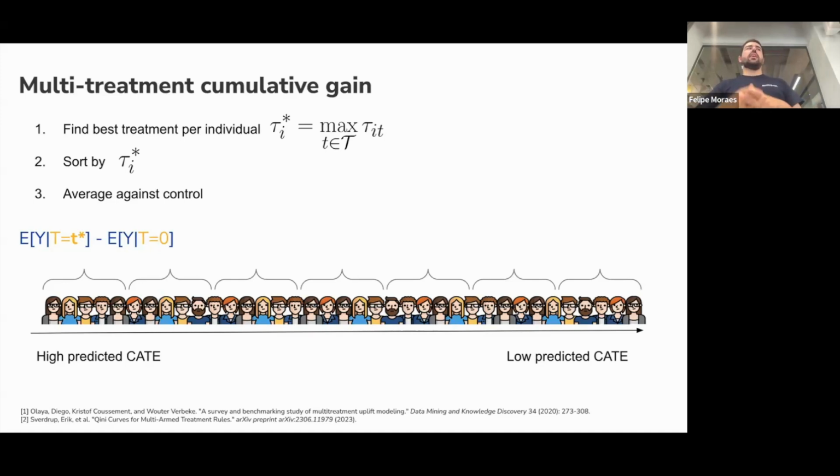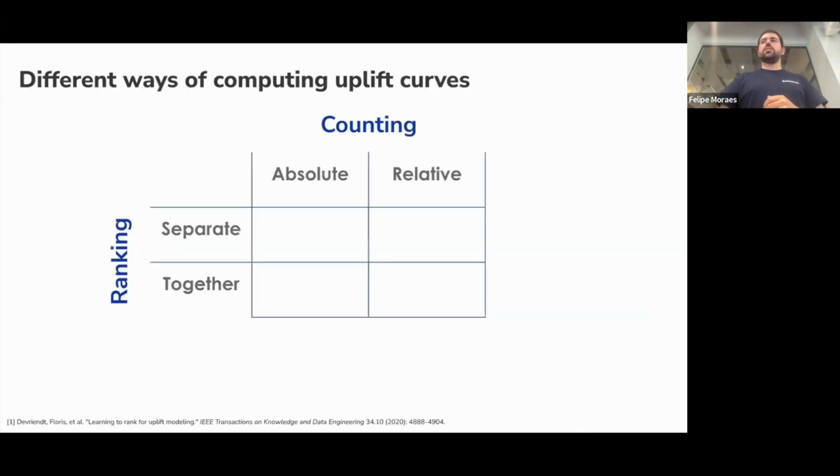But again, as we are entering a scenario where there are multiple treatments, more problems arise here. So maybe you predict something and you assume that you're going to get treatment 2, and then treatment 2 doesn't exist for that person. So a lot of times you lose some data and you have to make some choices that are more complicated under these multiple treatments.